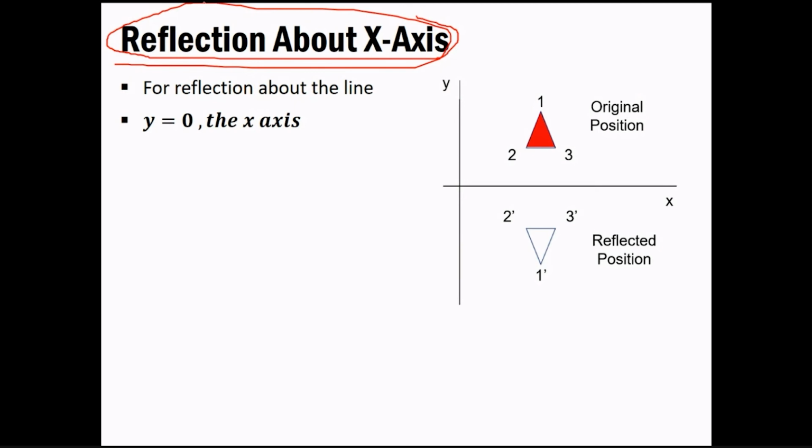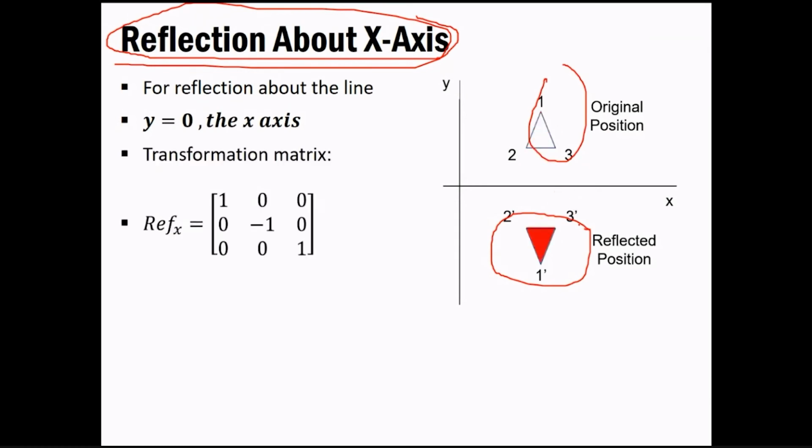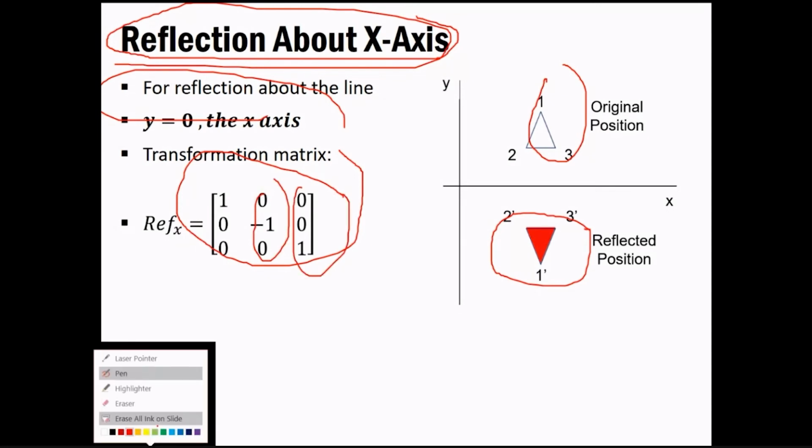Now the very first thing that we have is reflection about a line. This is our original position, and we now want it in this manner. That is the reflected position. For this case you would get this transformation matrix. In this case our y will be 0, and it is the x-axis about which we want to perform it. The transformation would look like this, with respect to the axis. You'd have this value in matrix form, that is 1 0 0, 0 -1 0, and 0 0 1. That is what you have to consider if the reflection is about the x-axis.